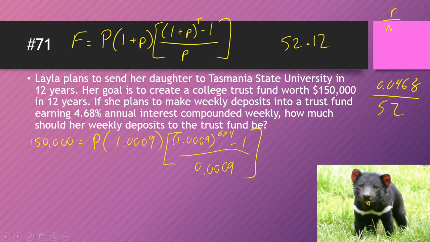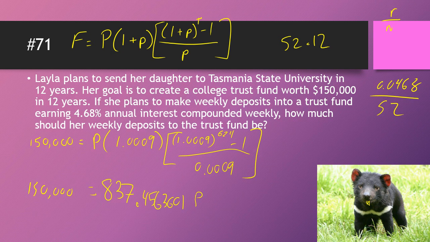And then when we start calculating this down and getting it smaller and smaller, we end up getting $837.456361 p, and that equals